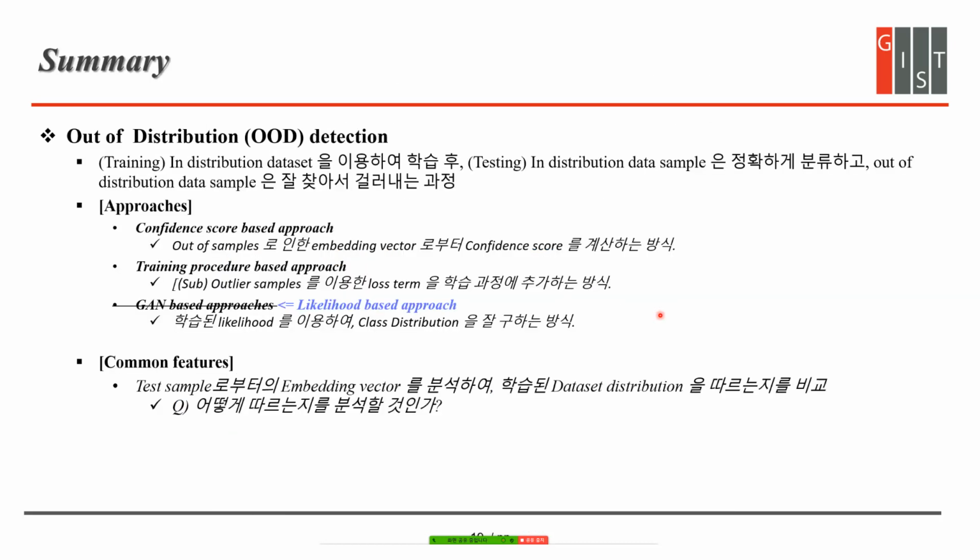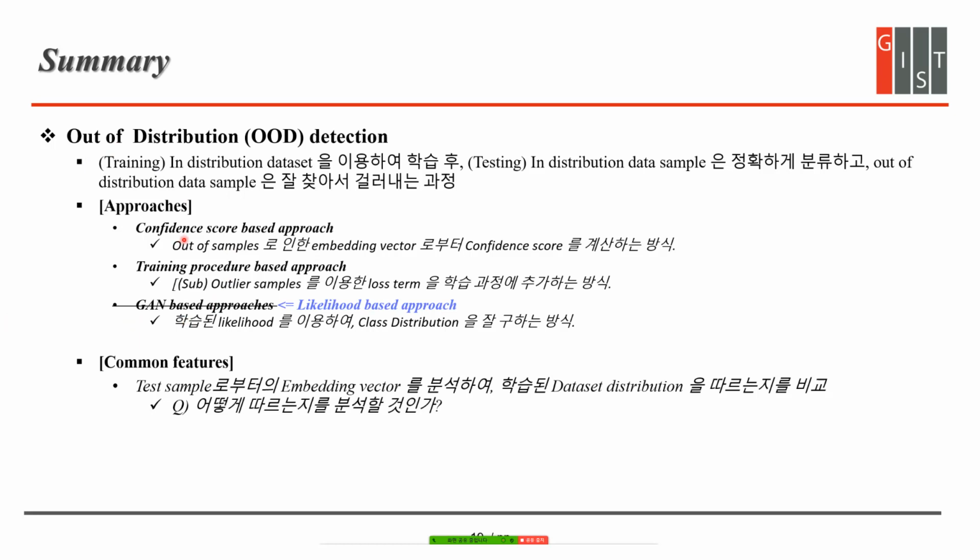So this is the end of today's presentation, and to do the OoD detection we talked about three categories of possible approaches, and when we think about the common features of these three approaches, we could know that if the test sample is input, then by comparing the output vectors of the model within the in-distribution and the outlier distribution, we could find the out of distribution dataset. 그러니까 잠깐 이제 마지막을 공문으로 한 번만 더 정리를 하자면은